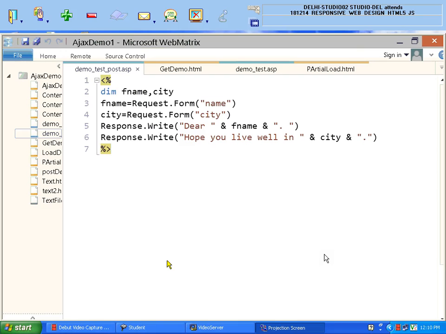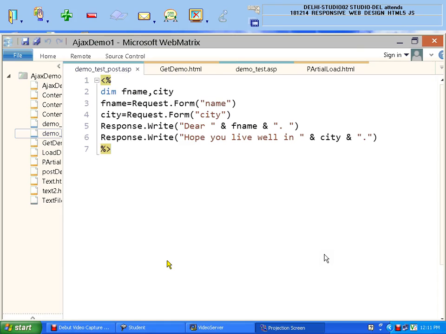What it means is I will get some data from my client, and when the client sends data to me, there must be a variable with the name of name. Okay, and another variable name is city. It means the client will send data to me, and the variable name in the first case is name, and the second is city. And after that I said response.write, and I'm trying to display a message with response.write there.